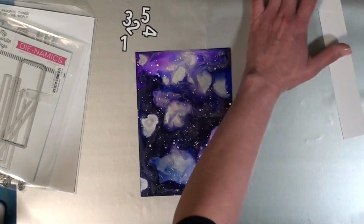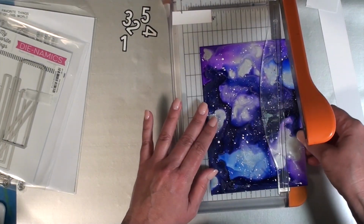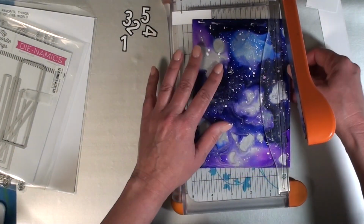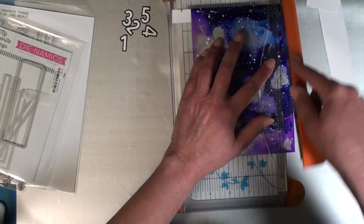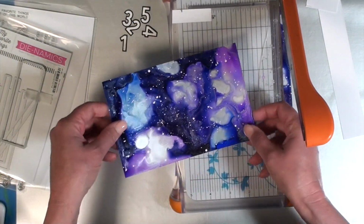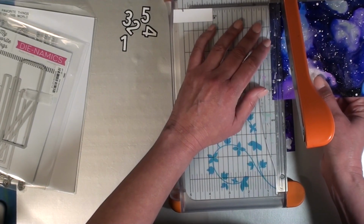Like I said, this started out as 5 by 7 because that's the size of a typical piece of Yupo paper, which is what I created the background on. So I had to think about it a bit before I decided how much to trim off. I ended up going with about 1/4 or a little bit more of an inch at each end, because I